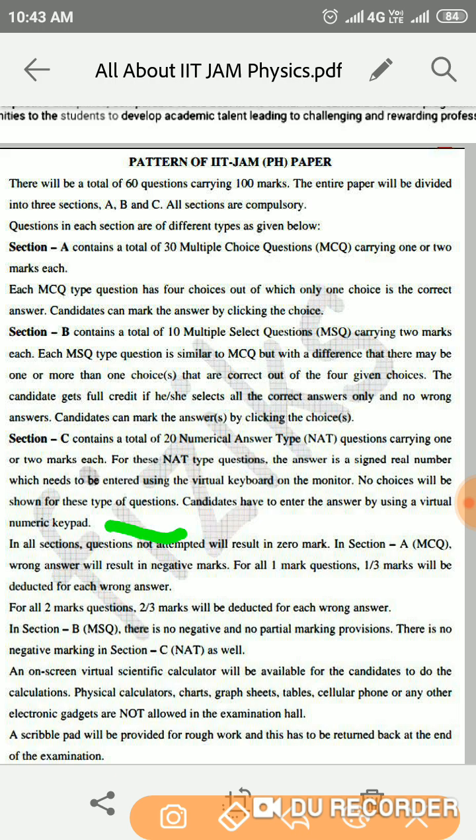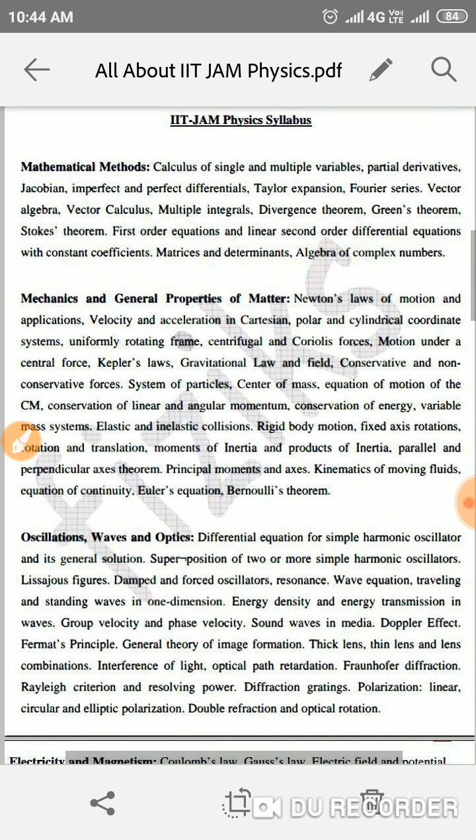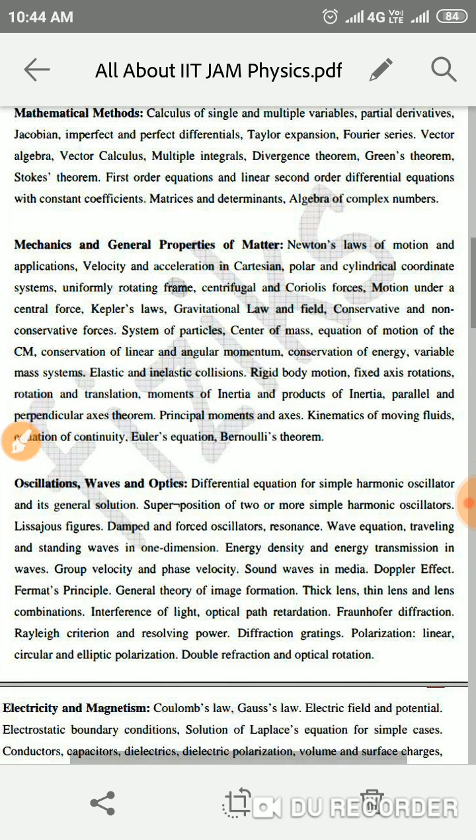Now moving forward to the syllabus. The syllabus of physics consists of 7 units. There is mathematical physics, mechanics, oscillations, waves and optics,